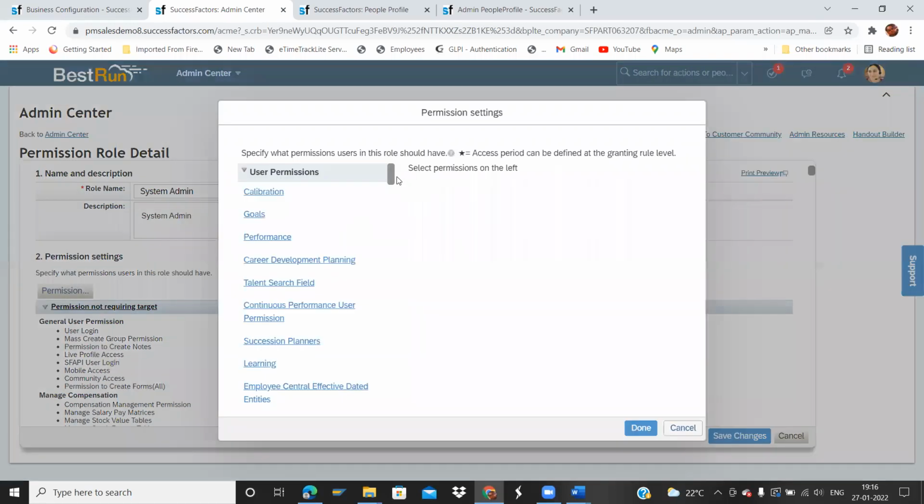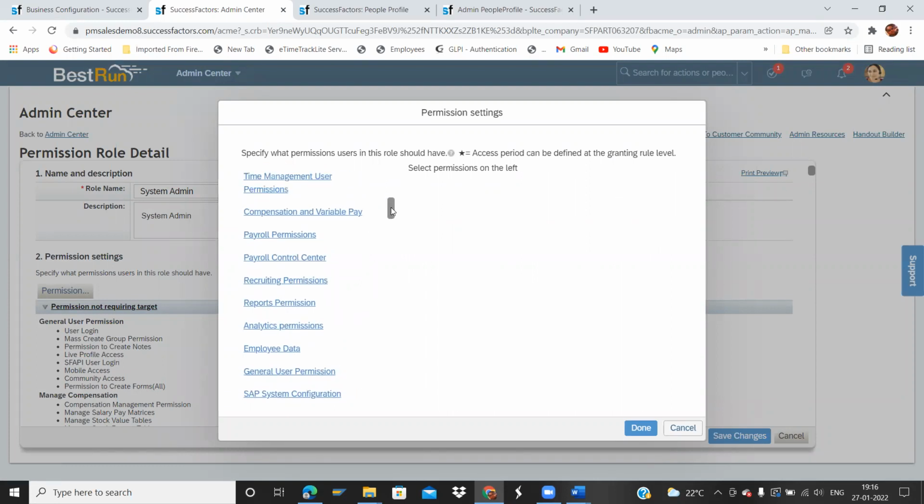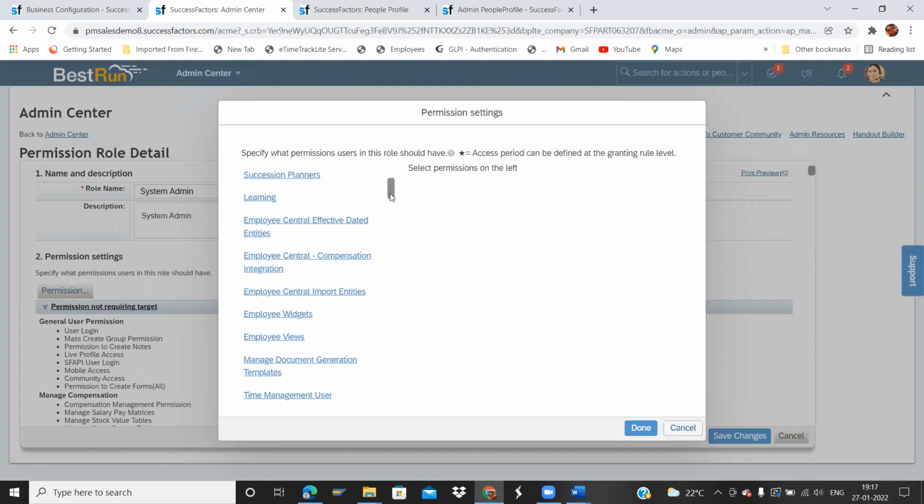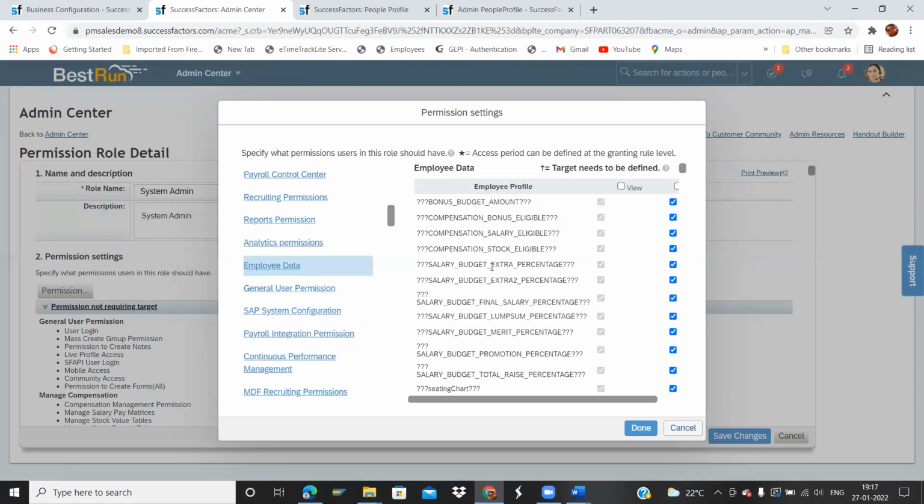Under this permission, it will be there in section employee data. Employee Central effective dated things, which are Employee Central related, you will be having there. Employee profile and non-effective dated things you'll be having in employee data. I'll be covering that anyway when we cover RBPs. And here we have to search for